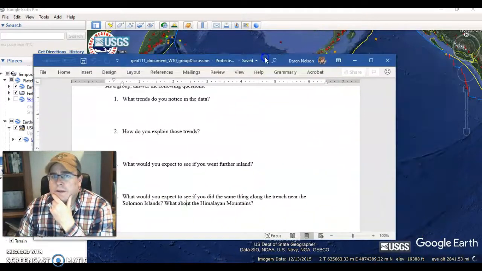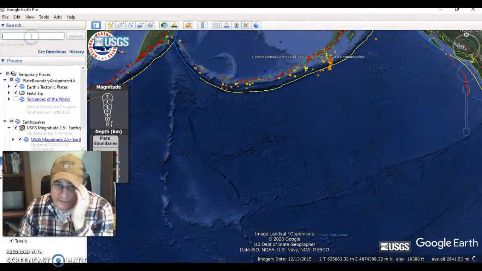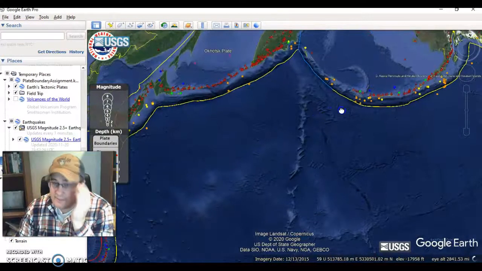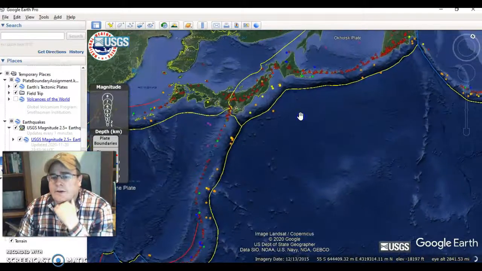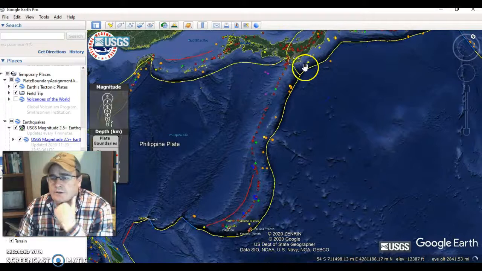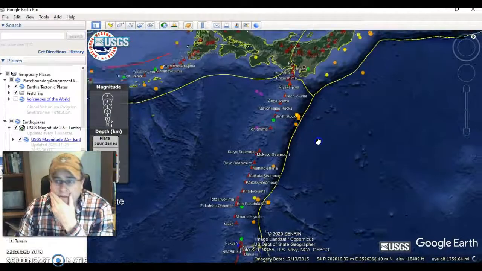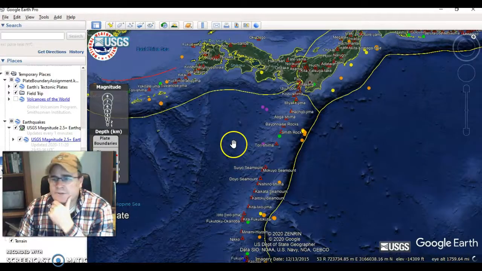So let's go here for a second. They wanted to start off here near the Marianas Trench. So this is the Marianas Trench right here. You come through here, and what you'll notice is I think these are the same as yours, but